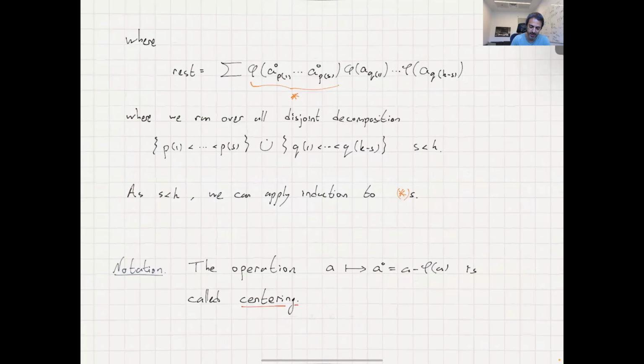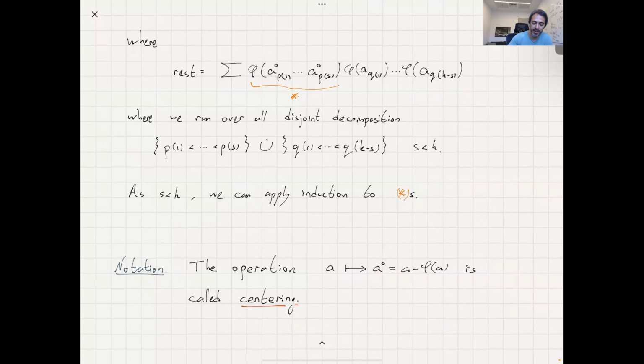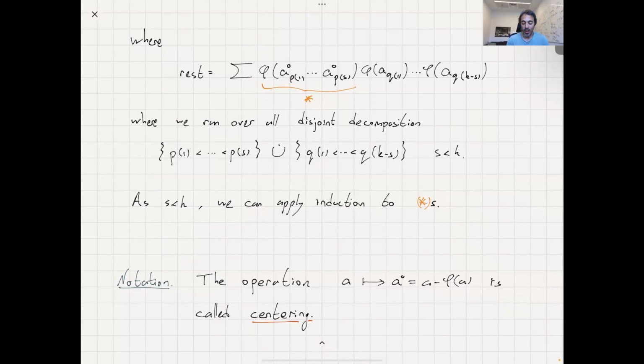I call it rest, and I'm expanding rest here. So rest is going to be a sum. Like in the commutative case, you would just go over all possible subsets of size k, maybe other than the empty set or whatever corresponding to the one summand that turned out to be 0. But here you need to be slightly more careful because things are non-commutative. And so when you take the products and you choose from parentheses, who do you want to take, you need to make sure you maintain the order of the products. So the way to do so is like,